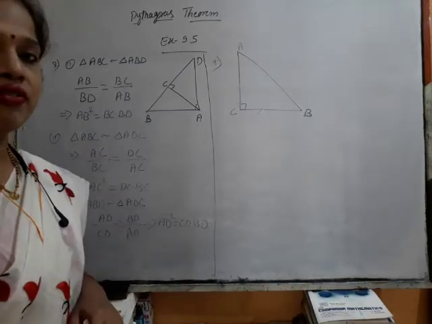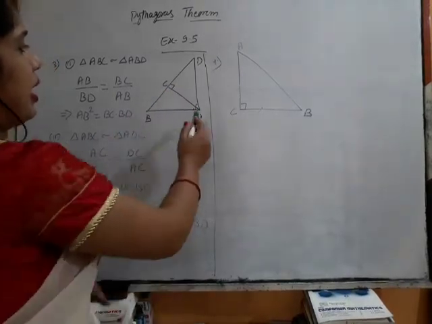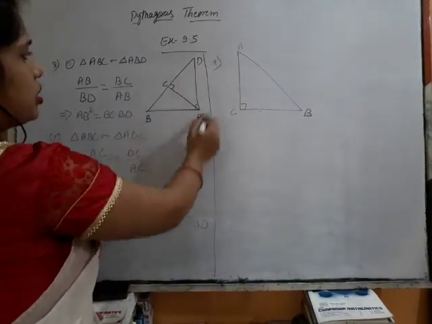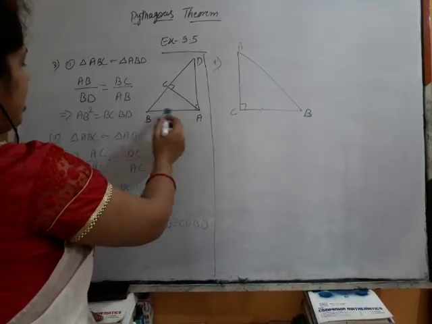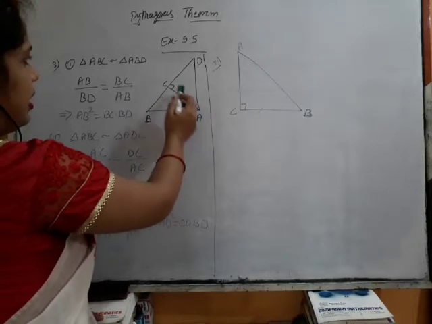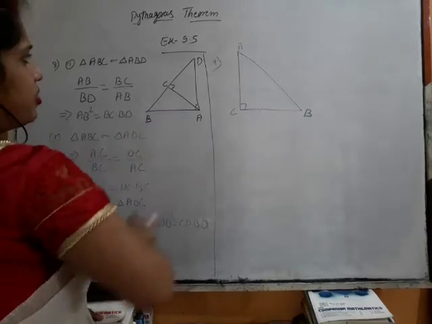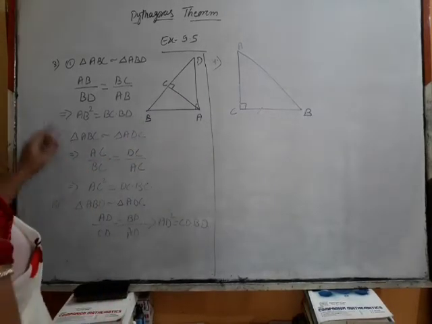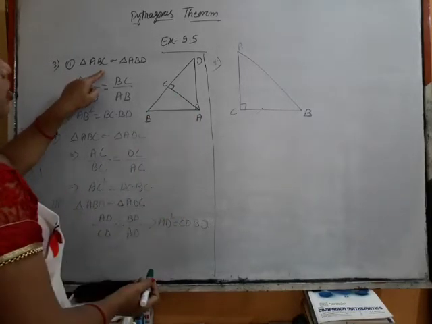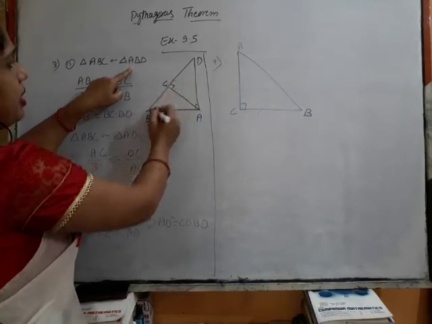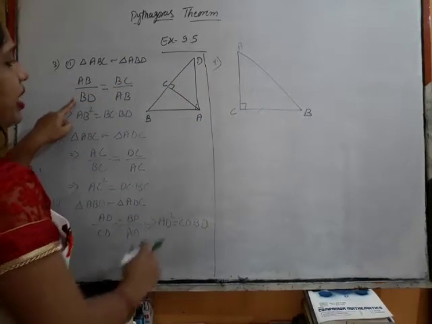Here we will be using the first theorem of the exercise, that this triangle is similar to this triangle, and triangle ADC is similar to this whole triangle, that is ABD, and triangle CBA or ACB, whatever, is again similar to the triangle ADB. So now you see this ABC is similar to the triangle ABD. Okay, so this AB and BD, AB is what?